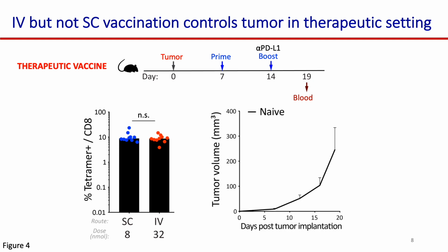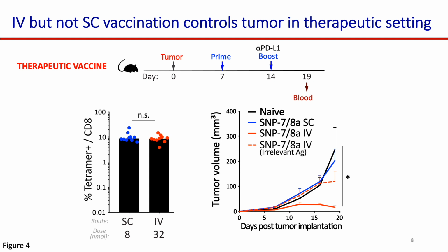So if we look at the tumor growth curve, again, the tumors grow out in naive unvaccinated animals here in black. Surprisingly, sub-Q vaccination, here in blue, despite the 10% responses, was insufficient to control tumor growth. However, IV vaccinated animals were able to mediate tumor regression. And we know that this is antigen-specific and CD8 T cell mediated because vaccinating with an irrelevant antigen was insufficient